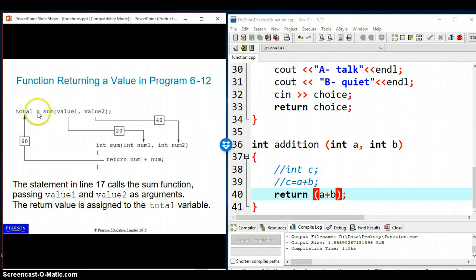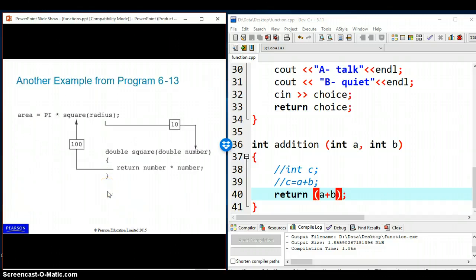So what happened when it's being called? Okay, value 1 will be copied to num1, value 2 will be copied to num2, and the addition is being done, and the product of this addition is being sent back to total. So total is the variable inside the main function. Okay, the same thing for this function